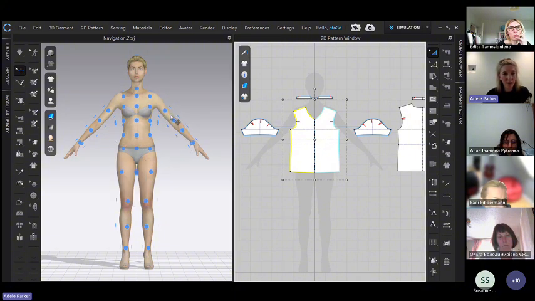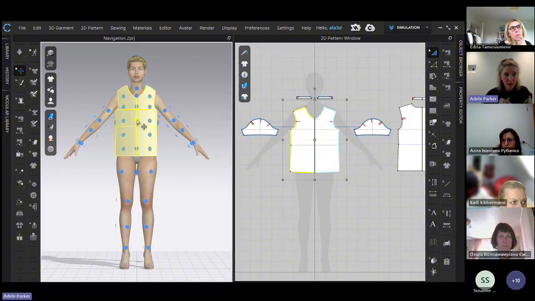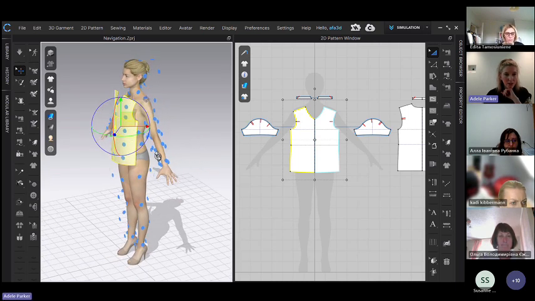I don't want it on her arm either. This is a little bit too high, the one just on her neck, or just below her neck. This one on her belly is also too low. So that one, you kind of want to move your mouse around and find the right arrangement point, but it should be the same for all of us. And when we found it, we click to arrange our pattern onto the avatar. And if we rotate around the avatar, we see that it's